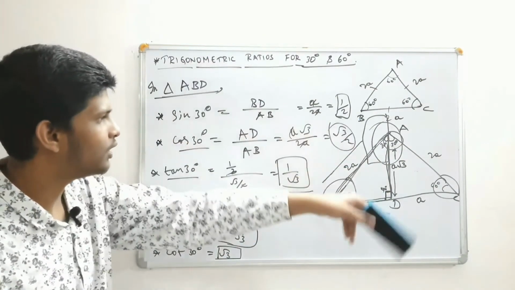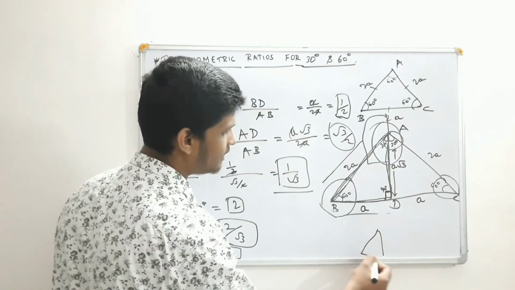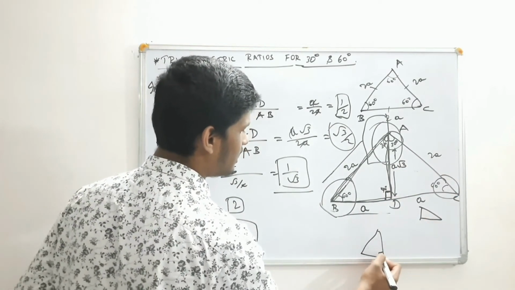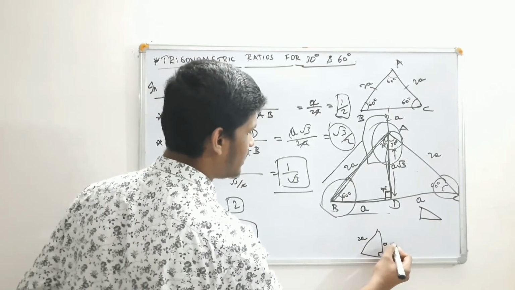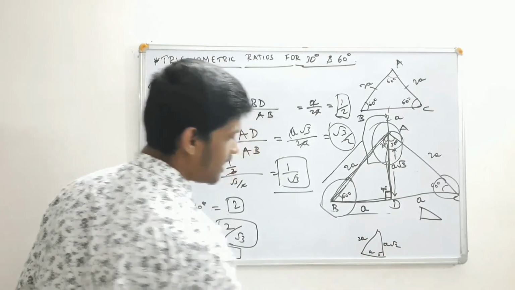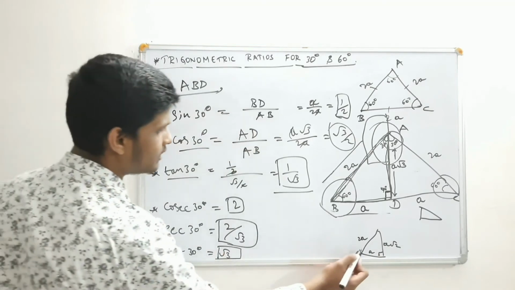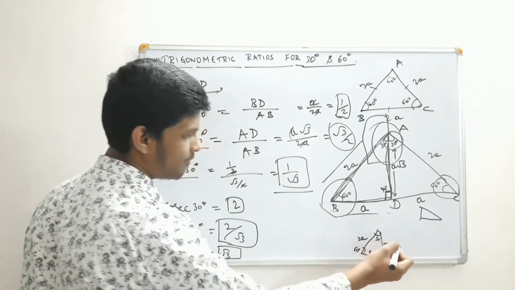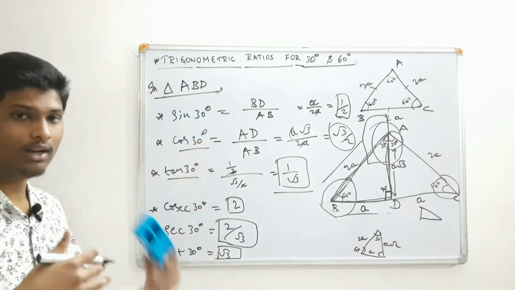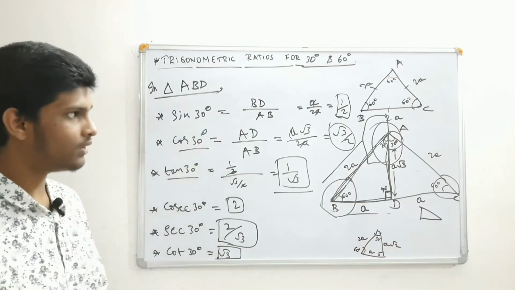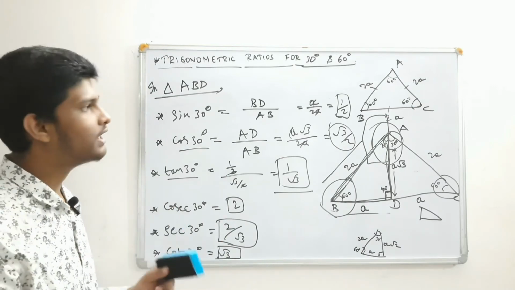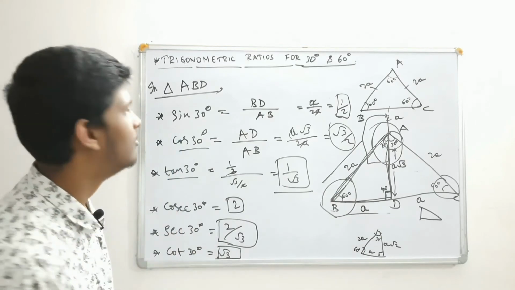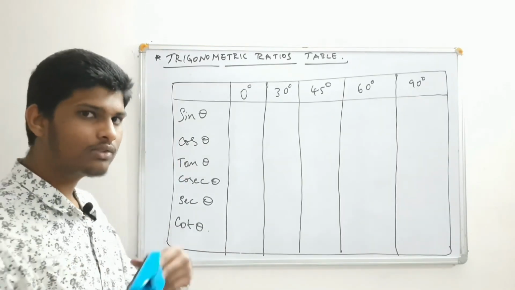And next, we have a triangle like this. We consider this triangle also, you can consider it if you want, but I consider this one here, and here we have 2A, this is A root 3 and this length is A. And next we found this is 60 degree, here we have 60, and this one has 30 degree. From this angle we found all those things, and from that angle 30 degree we found these things. So everything is done, and now let's arrange all these values that we found in one table, and that is called the trigonometric ratios table. So now let's fill in all those angles that we found.